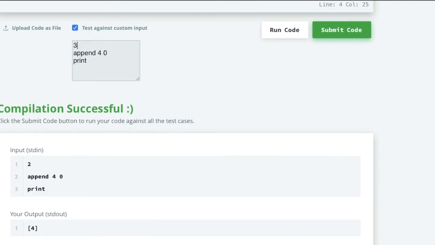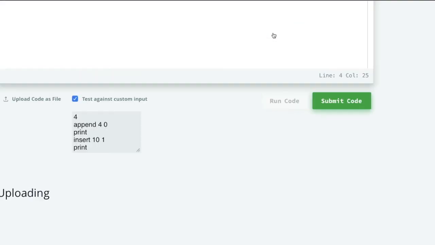Suppose I am giving 3 commands: first one is append, second one is print, and the third one is insert, suppose 10 at index 1. Let us take 4 commands, and the last one is again printing the value. Let us run this one.